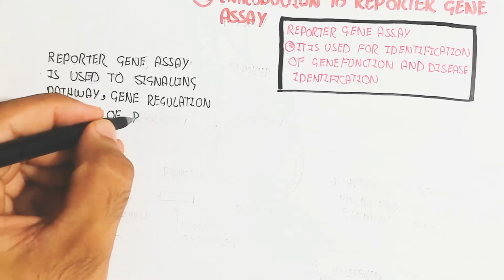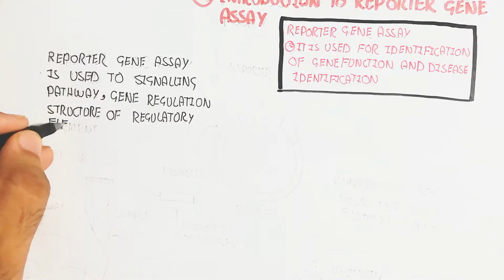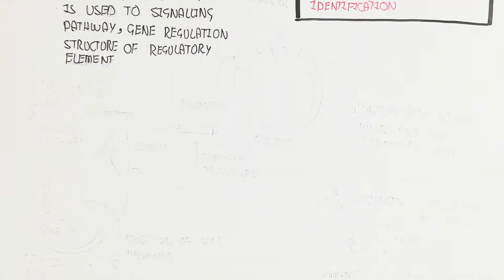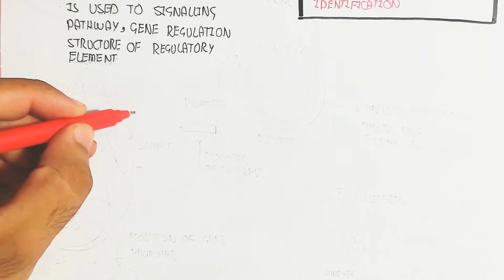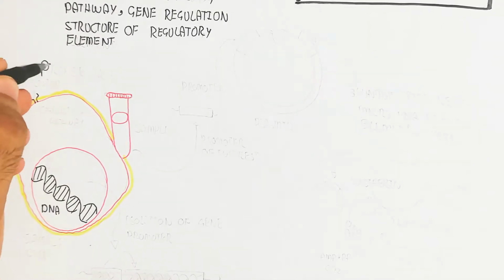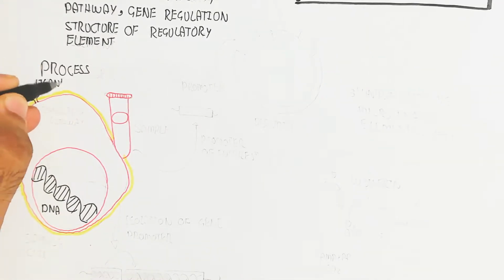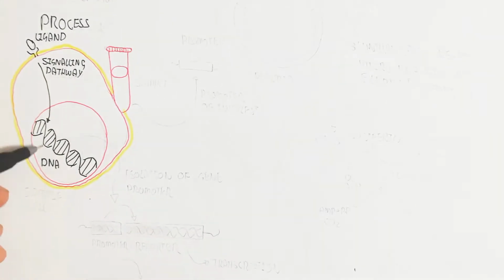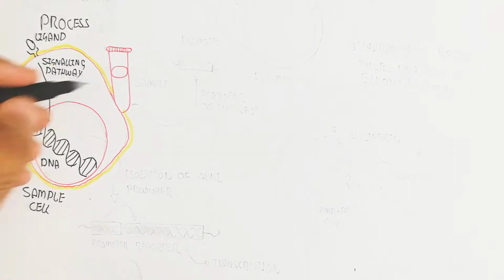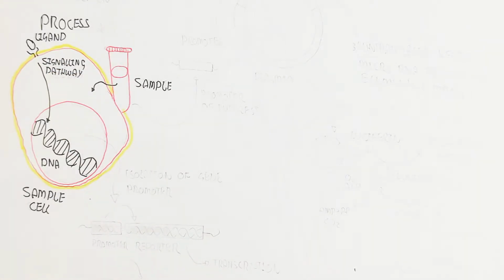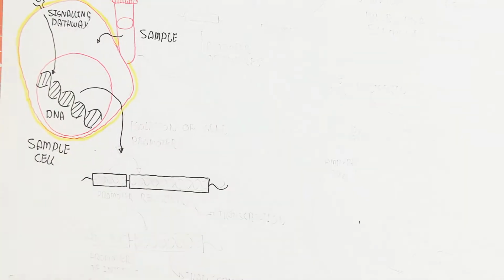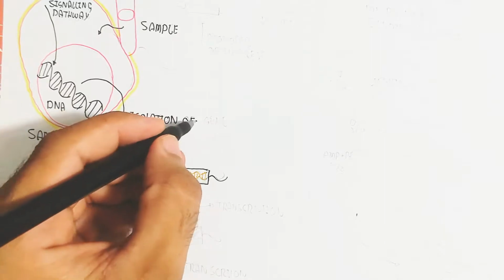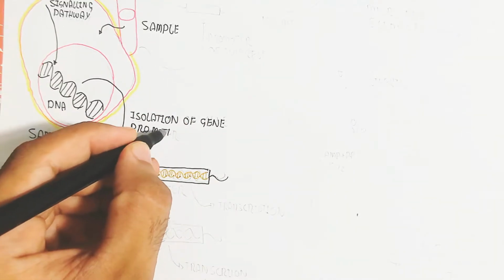So for example, here I will draw a cell as a sample cell, when we take a sample from the patient with a specific tissue, for example, liver or another type of tissue. So basically the ligand will bind with the signaling pathway. In this way, you can understand the DNA contained in a sample cell in the nucleus, which involves isolation of the gene promoter,